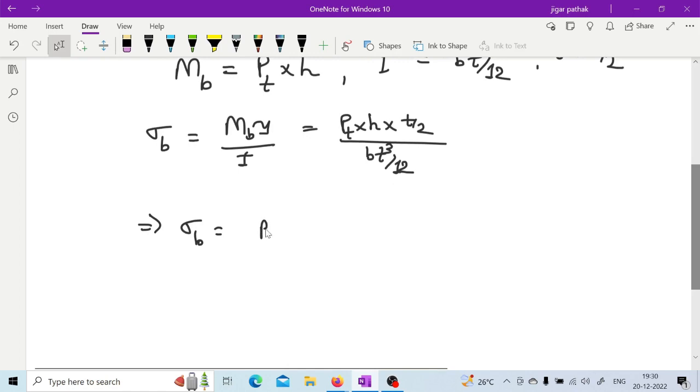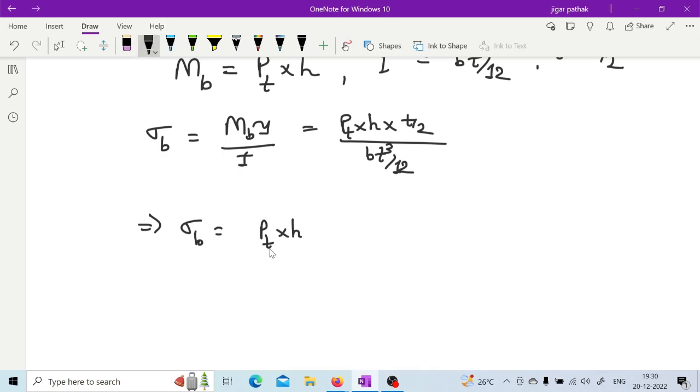And this bending stress is nothing but this Pt into h into y. I guess we can directly go because this t by 2 can be cancelled, right? So here this is 6 Pt h by b t square, right? So if we want to calculate the tangential force which can be sustained by the gear teeth which are in mesh with each other without undergoing any failure, then we know the bending stress, or we know the stress which can be undergone without any failure, right? So if we convert this equation in terms of this tangential force, then it is equal to this b sigma b t square by 6h,